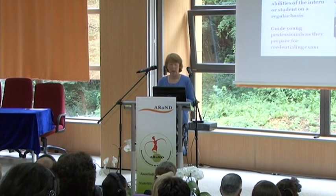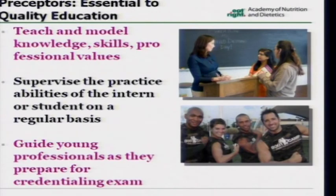Preceptors guide young professionals as they prepare for the credentialing exam too, because our credentialing exam is a mixture of knowledge and practice. And particularly when we get into those exams for specialized practice, it is predominantly practice-based. So the role of the preceptor is to assess the intern's prior content knowledge. Somehow, because again, we take students in our program, and all internships do, from universities across the country. Some universities, we all have the same competencies, but by nature may have a higher level of expertise in a certain